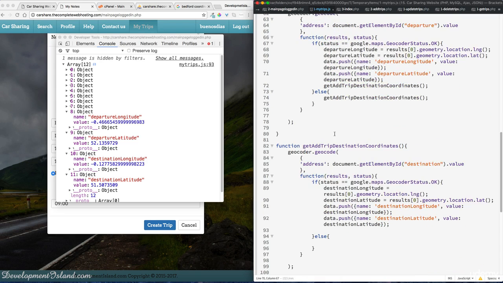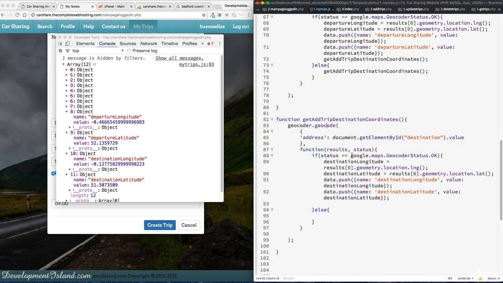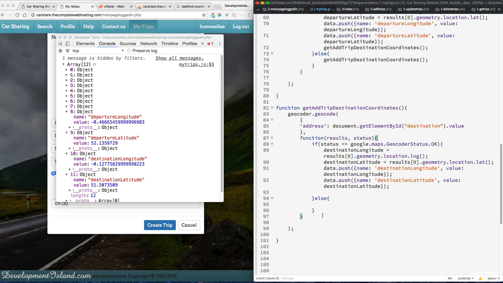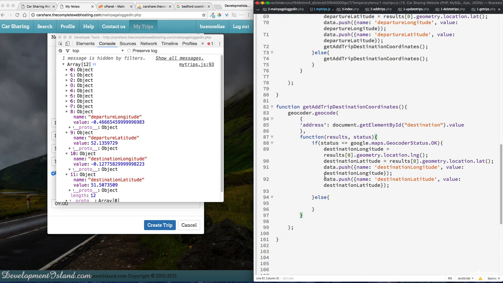So now what we've done, we have waited for the first request and we added the departure coordinates, or if the status was not okay, we just moved to this function and we did the same thing. We had to wait for the status after the request, and then we run the code there,